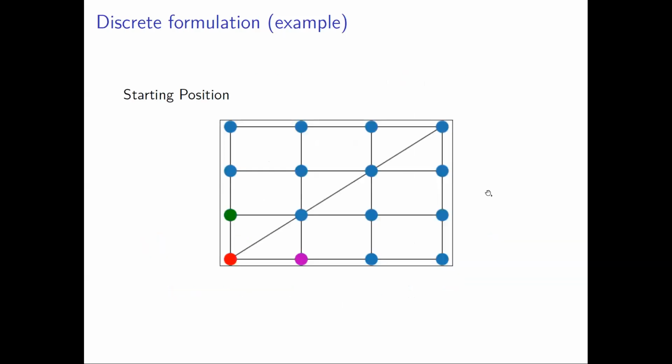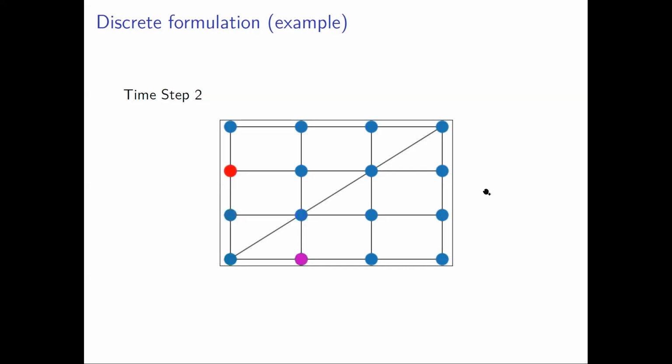Next slide, please. So our starting position is like this. The agents are in the bottom left corner. Next slide, please. Now after one step, the agents have moved. Notice that because of how we're doing this, there is a certain degree of randomness. There is a small chance of moving to nodes which have both low RSSI and are quite far away from our primary target. In this case, you can see the green agent has moved to the bottom left corner, just due to the randomness we've introduced.